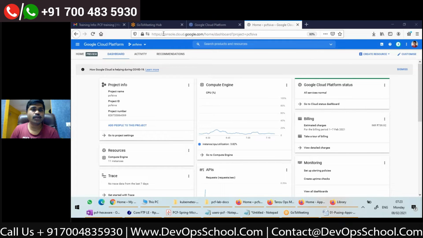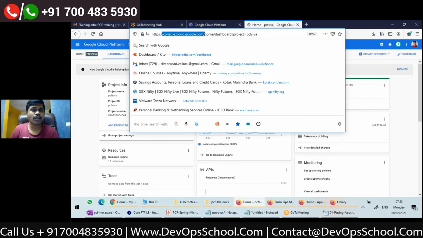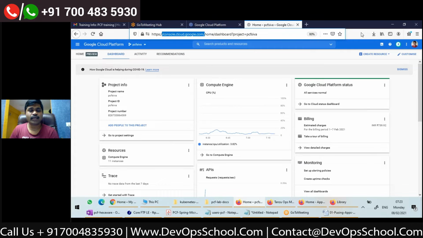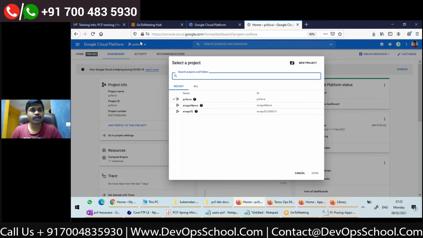So this is the UI of Google Cloud, console.cloud.google.com. Once I go there, I need to tell you that in Google Cloud, whatever VMs you create or whatever activities you do, you will be doing on a project. Here you can see the project. By default, there will be one default project, and if you want to, you can create a new project.